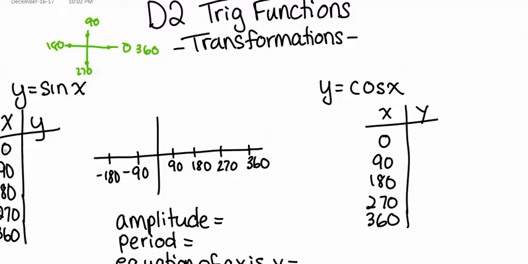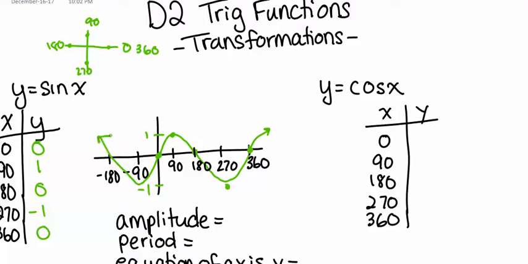Okay, so I've got here 0, 90, 180, 270, and 360. So when I calculate what sine of those angles equals, I get 0, 1, 0, negative 1, and 0. So if I were to plot that on a graph, let's say that's 1 and negative 1, then my graph starts at 0, 0, goes through 90 and 1, 180 and 0, 270 and negative 1, and then back to 360 and 0. So that's what one cycle of my sine curve looks like, and then it's going to keep following that pattern